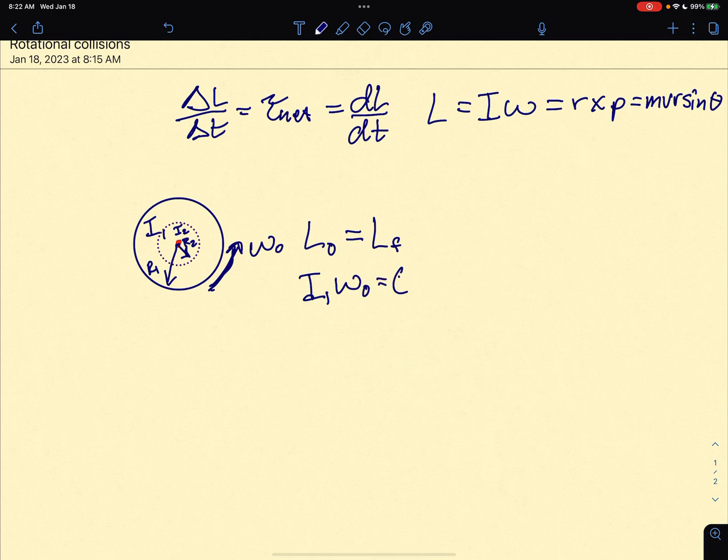And then after you drop the smaller disk on the larger one, there'll be a new rotational inertia for that system. It's the sum of the two: I1, the larger disk, plus I2, the smaller disk. Now, this only works once they have both achieved the same final speed. So if you drop that purple dash line disk onto the larger R1 disk, there'll be some friction that will cause some torque, which will use up some of the rotational energy. And eventually, this new system with two disks, one piled on top of the other, they'll reach a new, slower